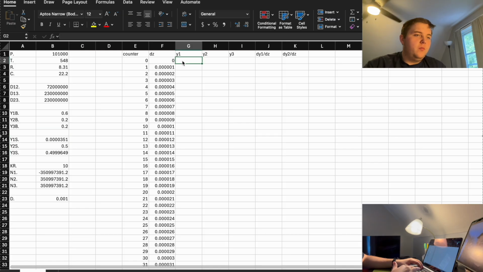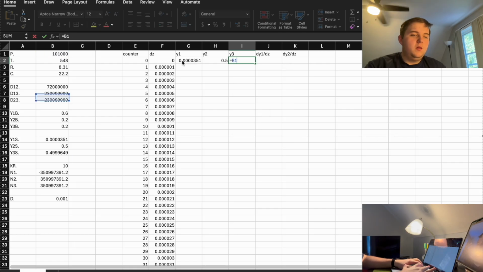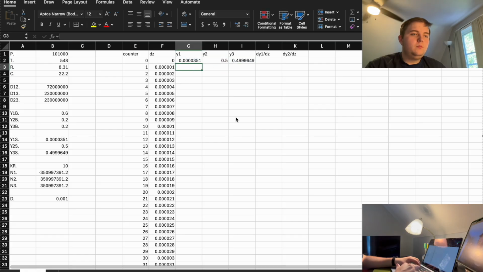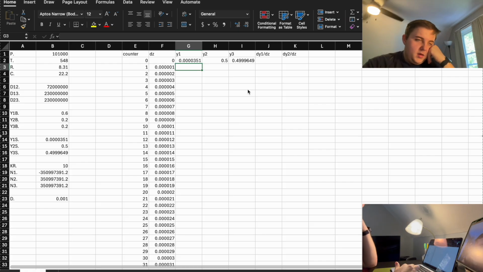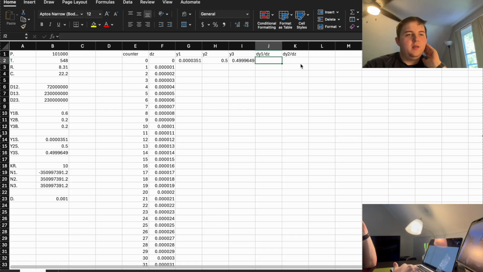Okay, so for y1 we can just do equals b14, equals b15, equals b16. Actually, for y3 let's do equals 1 minus this minus this. Okay, cool. Looks good. And then for our dy1 dz,